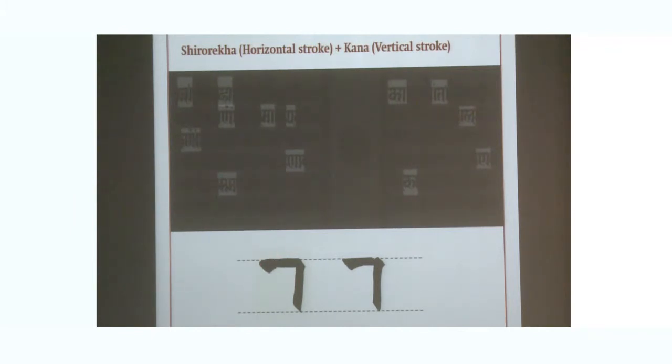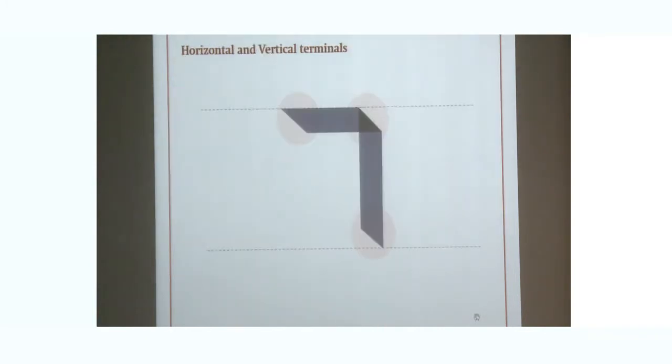Another feature of Jain manuscripts is the Shirorekha and Kana. It is written in one stroke, so it goes straight, and this angular 90-degree corner gets created here. Another example is where you lift up the pen here. What the scribe used to do is take this horizontal line, which is the Shirorekha, and then the vertical line, Kana, is just put next to it. That is why you get three terminals. The horizontal terminals are two, and the vertical terminal is this and this. So you get one, two, and three.